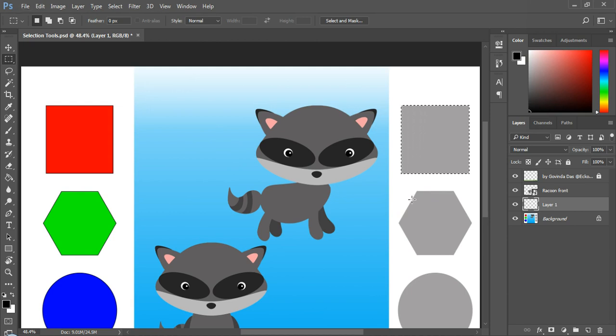Now it's time to fill some colors. Choose the eyedropper tool or use the hotkey I to pick the color shade from the red square. And this time it was easy because it is plain red. You can directly choose a red color, but don't you get used to it. It won't be that simple in the future. Make sure you picked the right color in the foreground color square at the bottom of the toolbar.